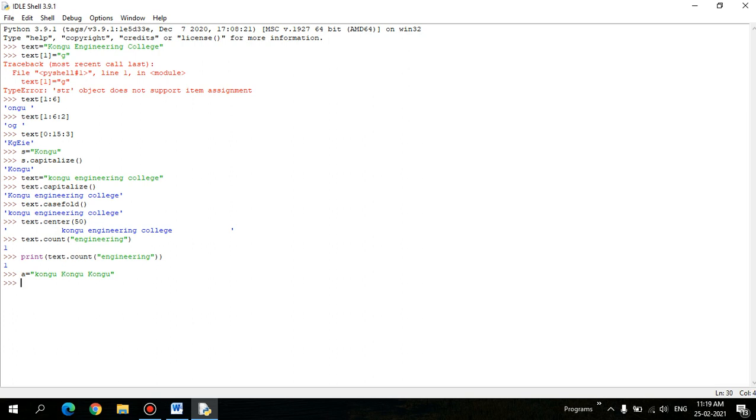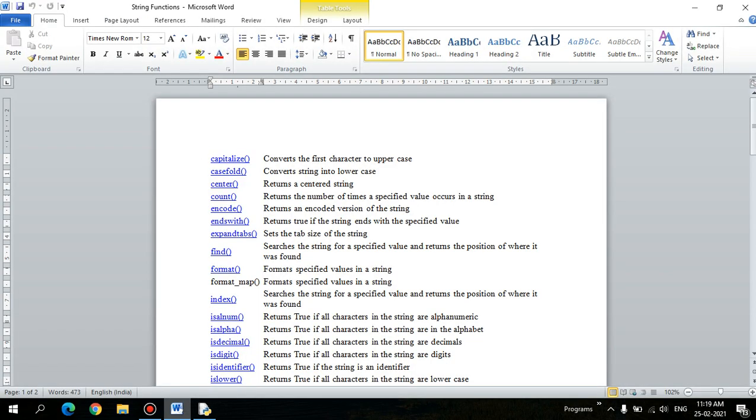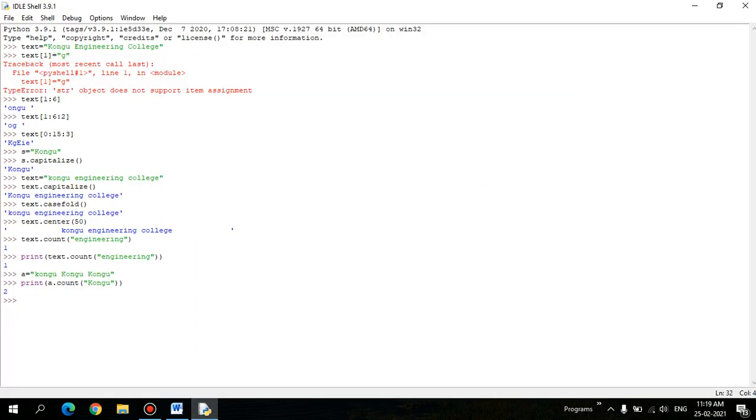Print a.count with Kongu, the total number of occurrences. It says some different information, so let's check what that is. Count returns the number of times a specified value occurs in the string.